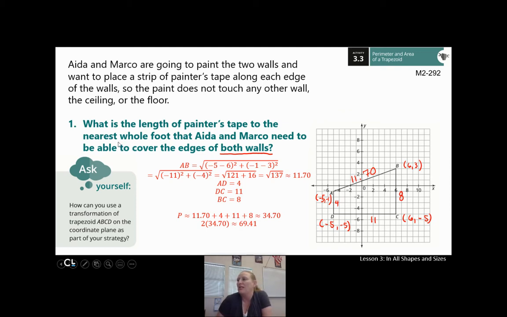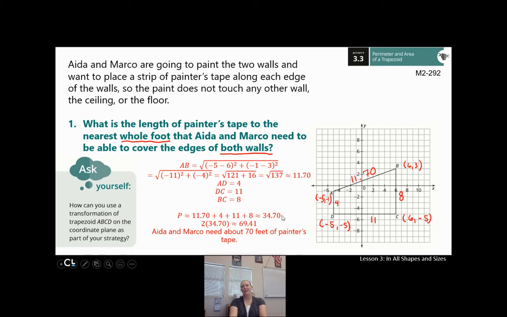It did say to round to the nearest whole foot. So I'm going to go ahead and round that then to a good 70 feet because I don't want too little painter's tape, right? That wouldn't be good. So it looks like Ada and Marco need about 70 feet of painter's tape. So now they know how much painter's tape,